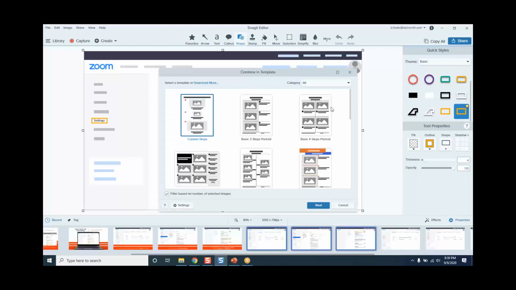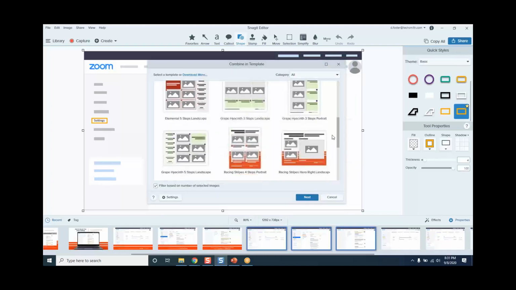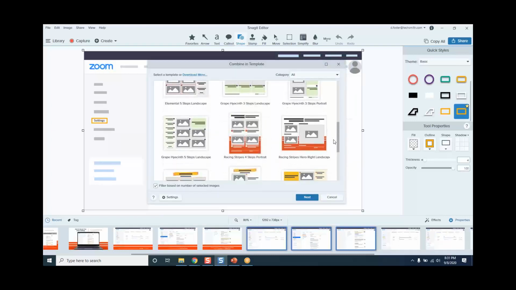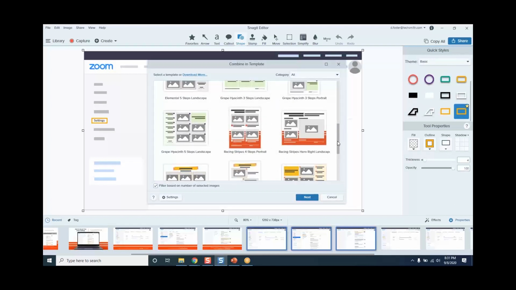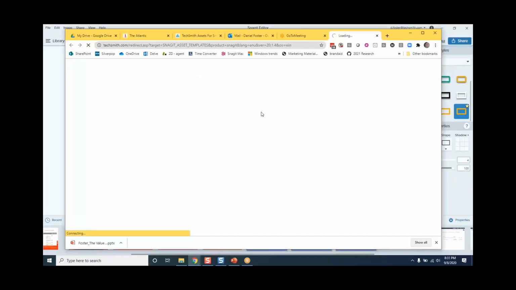And what you get here is this picker to choose a template. And we have a whole bunch that we ship in the product for free. And then there are a few more free on our website and more that are part of a paid subscription. So if you click this download more button, which I feel like is probably not obvious enough because not enough people click it,